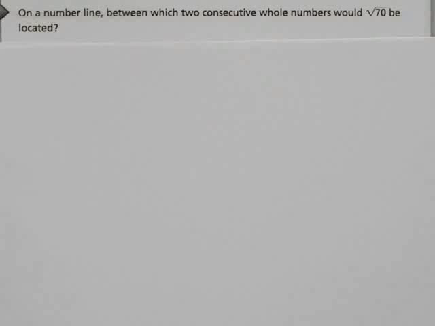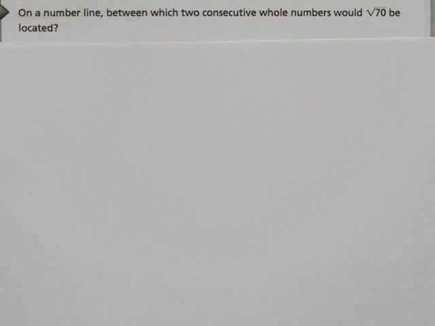In this video, we're going to be looking at approximating the square roots of numbers. Basically, what we're doing is really approximating with irrational numbers. That's kind of the fancy way of thinking about this. So our first question asks, on a number line, between which two consecutive whole numbers would the square root of